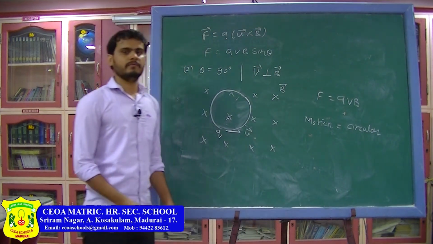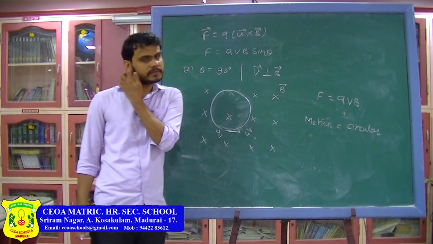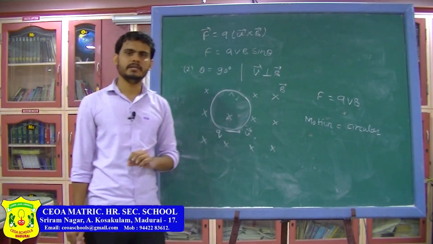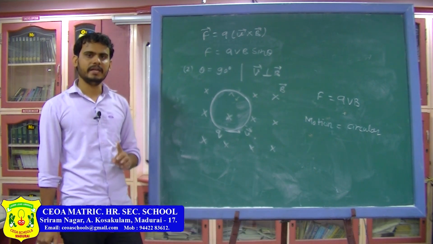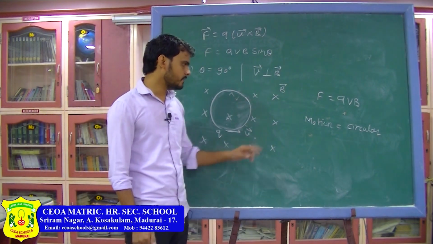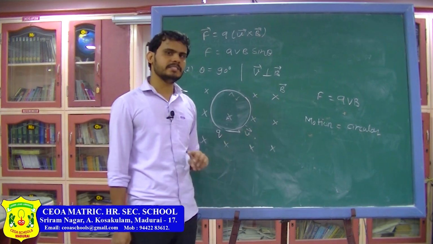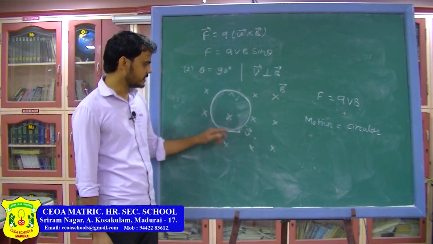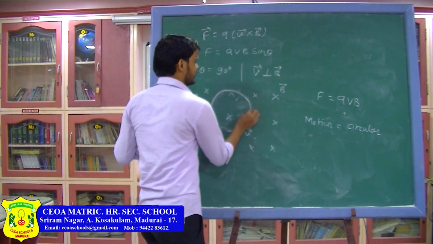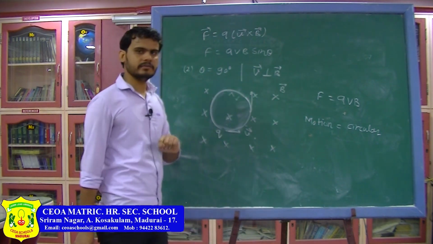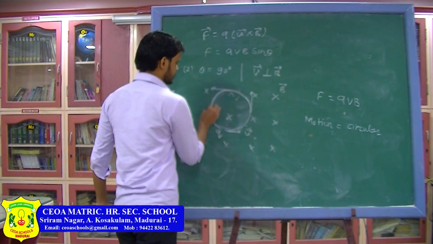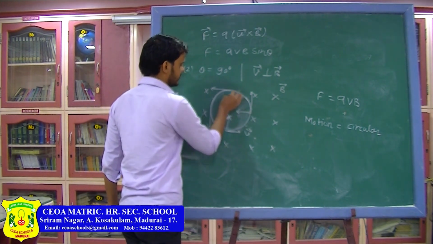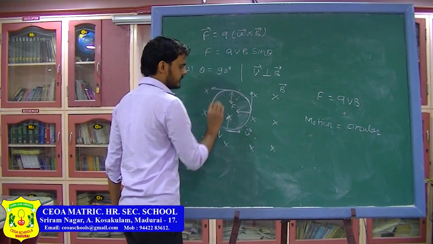Now if you remember, we have studied two kinds of circular motion. One was uniform circular motion, the second was non-uniform circular motion. In uniform circular motion, the velocity of the particle is changing only in direction, but the magnitude is constant. Just now we have seen that the magnetic force can only change the direction of the velocity, it cannot change the magnitude of the velocity. So when the particle was here, the velocity was this. When the particle reaches here, the velocity is in this direction, but the magnitude is still the same. So here also this direction, here also this direction, and the direction of the force will be towards the center of the circle. So this is your magnetic force.